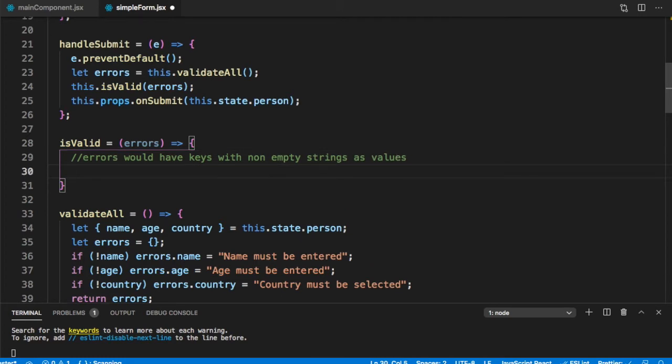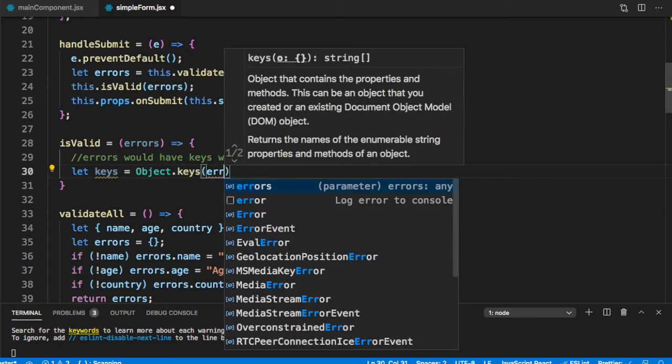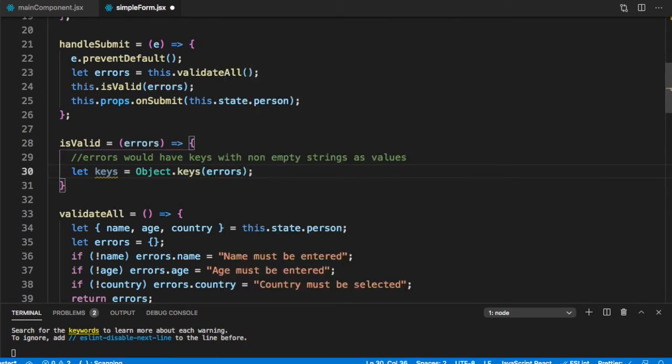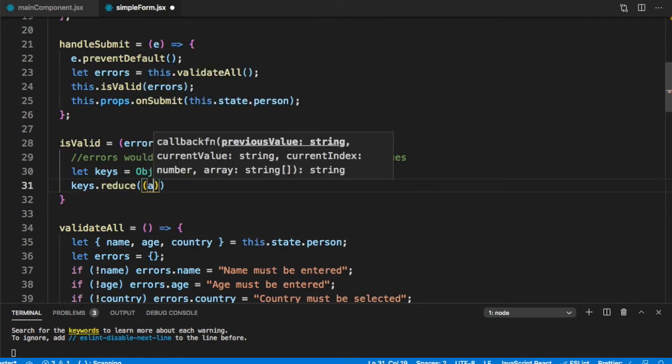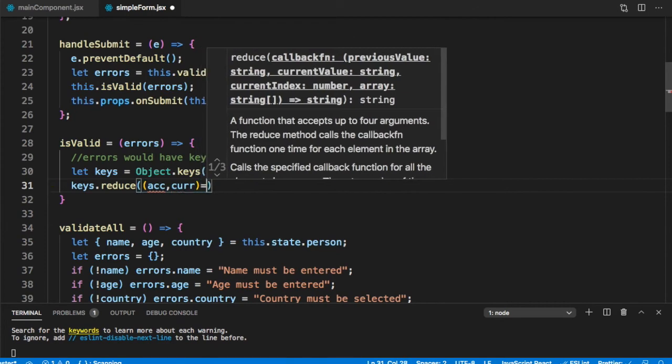So how do we get keys? We can say let keys is equal to Object.keys with the name of the JSON. This will give us all the keys in an array. Now from this array, we can find out the number of non-empty strings as values. We can just use reduce: keys.reduce with accumulated, current goes to.